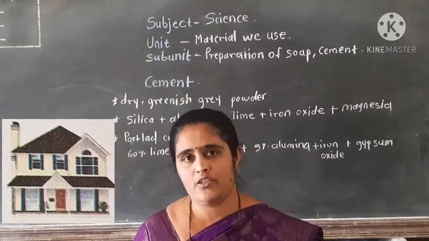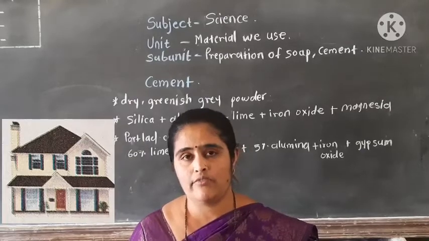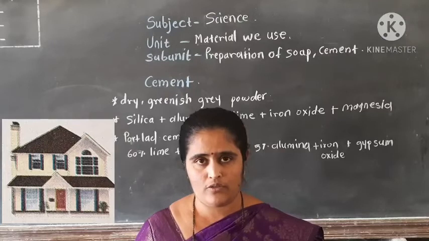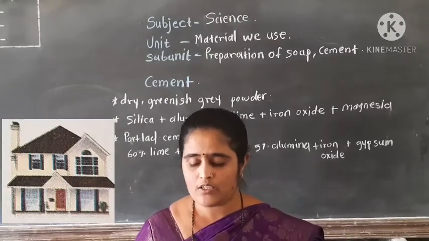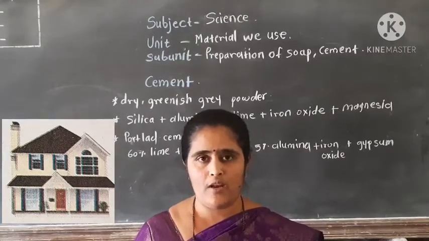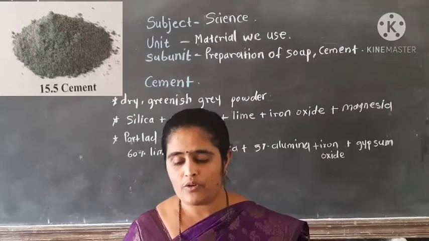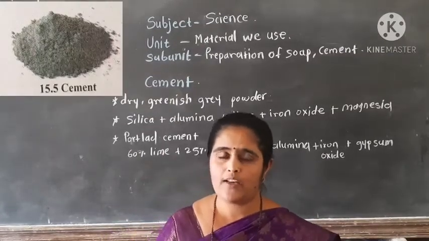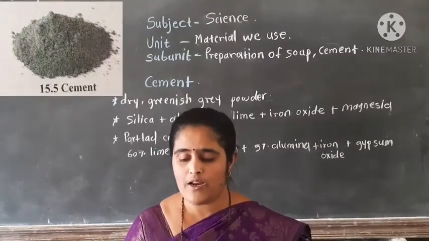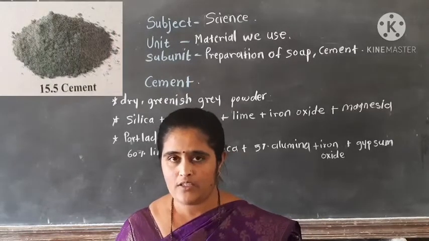Coming to the third picture, is this structure strong? Yes, this structure is very strong. It does not collapse, either in volcanoes or earthquakes. This structure is very strong because this house is made with the help of cement. Then what is meant by cement? Cement is an important material used in construction. The sheets, blocks, pillars and pipes are made from the concrete produced by the cement.